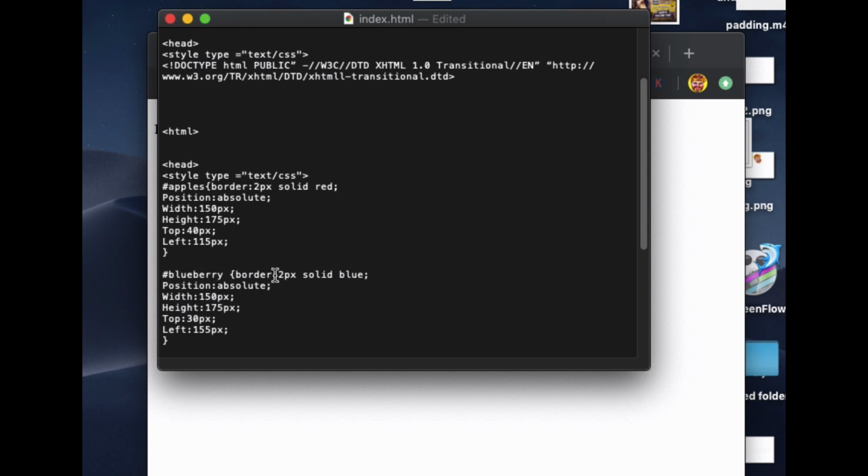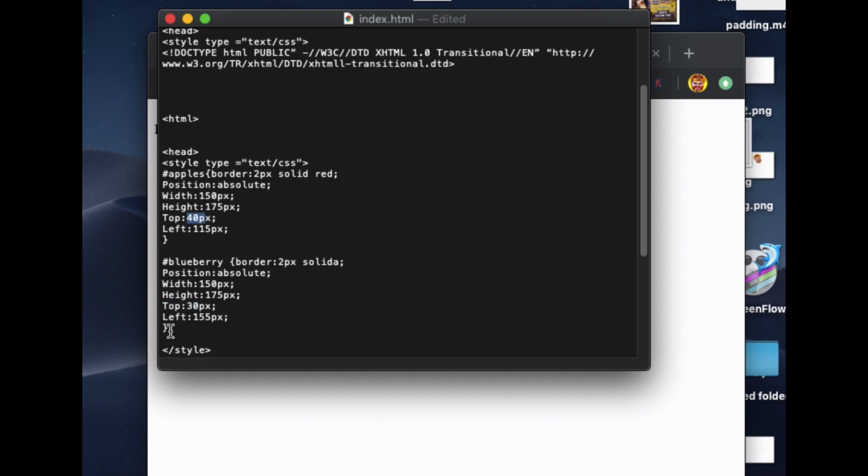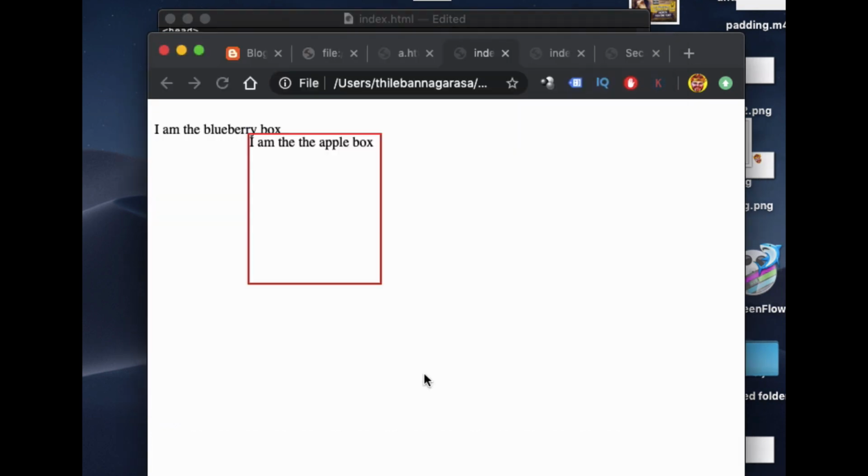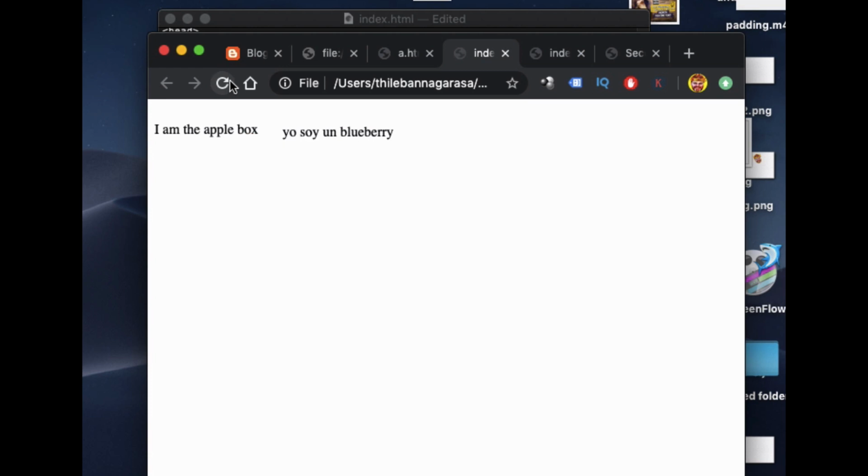Blueberry border, we put the same border, but we change the color to blue. Position absolute again, width 150 pixel, same width, height 170, same height. And I move this one from the top 30 pixel, here it's 40 pixel, and this one I move from the left 155 pixel, here we did 115 pixel. Now when I refresh this one,